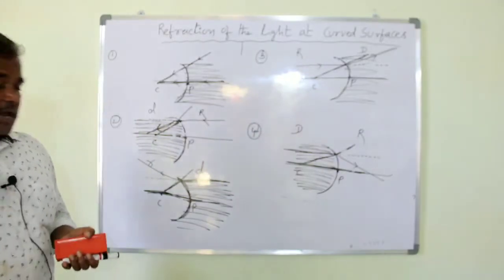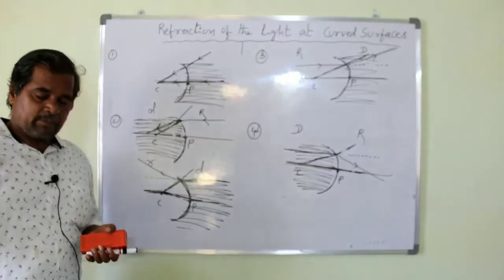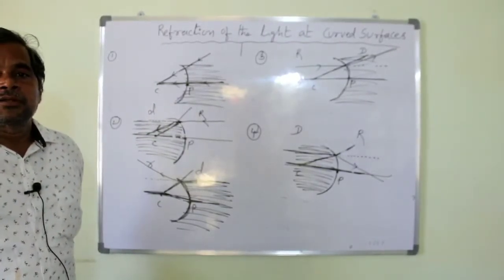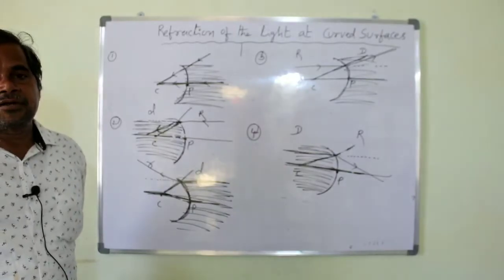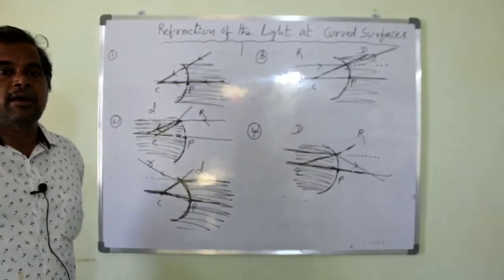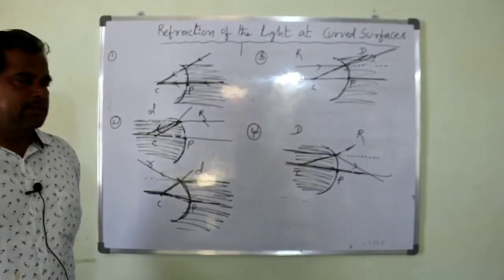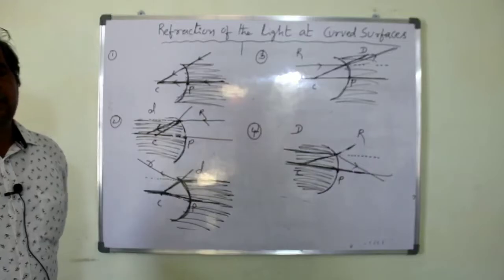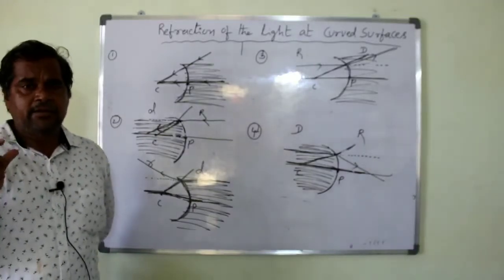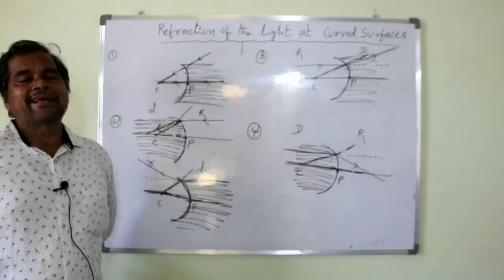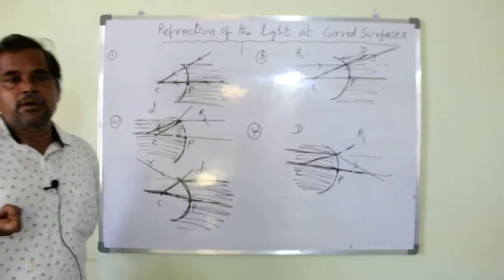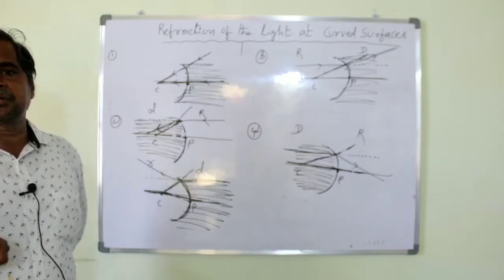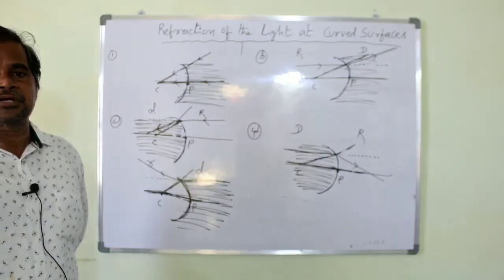You must remember these two things, and also in all these cases the same principles are obeyed. When the light ray passes from one transparent medium to another transparent medium, the corresponding refracted ray behaves the same as when the refraction occurs on plane surfaces. Now we are going to discuss why a lime placed in a glass of water appears big: because the refraction occurred on the curved surfaces, so it appeared big.